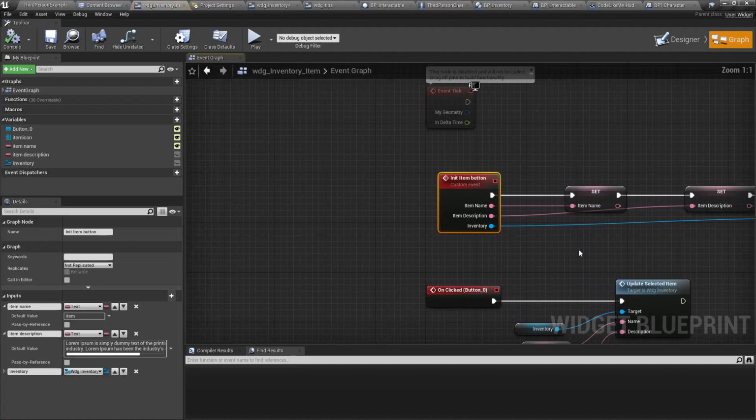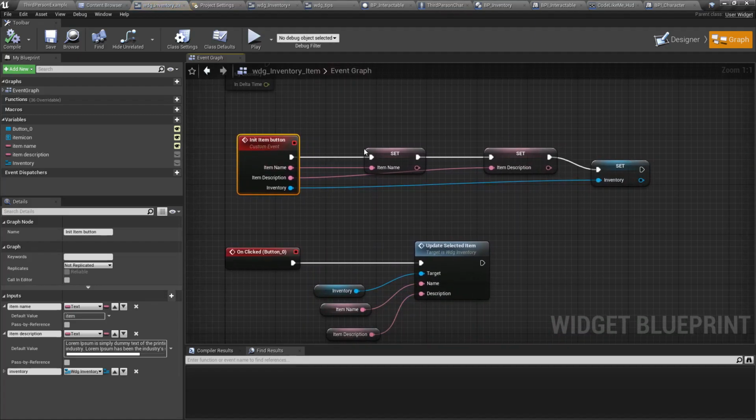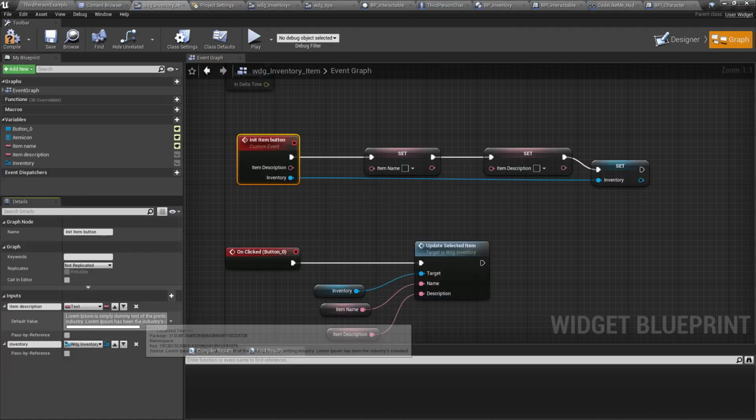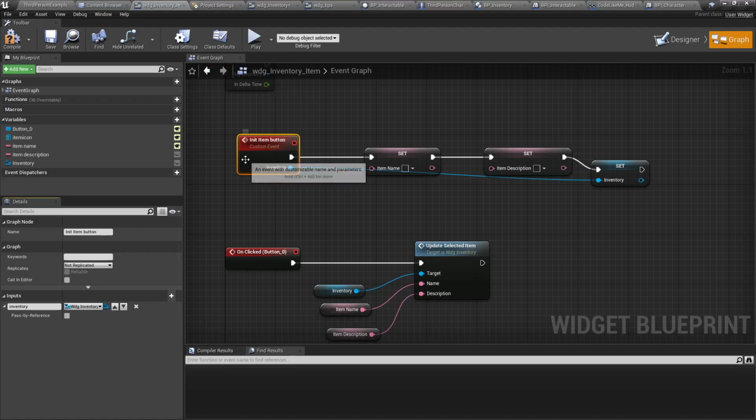I think we need to modify this init to custom event a little bit. Let me break this, and instead of getting name and description separately, I'll add a